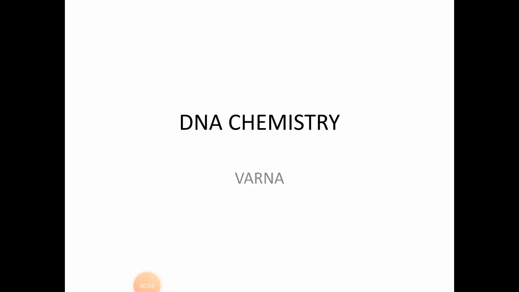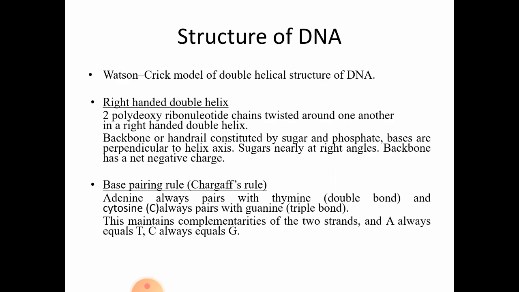Today let's discuss the DNA structure and its chemistry. The probable university question would be the structure of DNA. It can be asked for 4 marks and even as a sub question for the essay type questions, maybe for 5 marks. If it is asked for higher marks, you need to explain all the features of the Watson-Crick model, along with the diagram. The diagram is important, with the base pairing. By showing the base pairing, you need to draw the diagram.